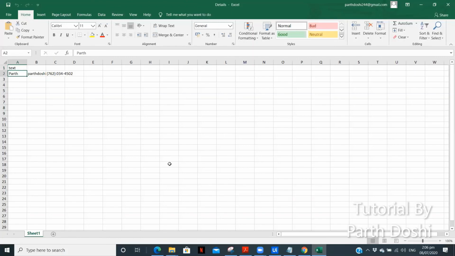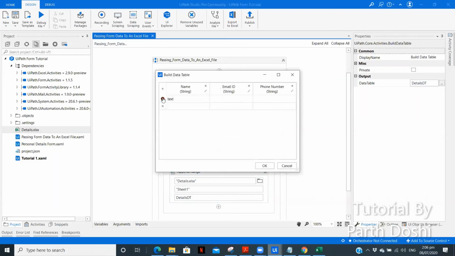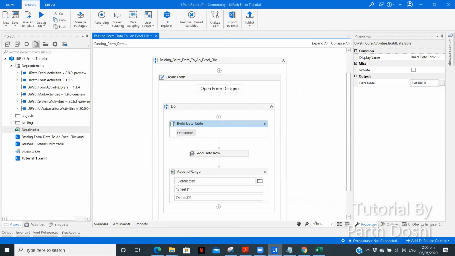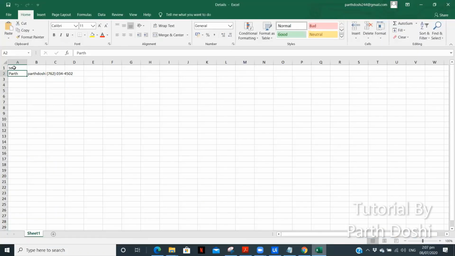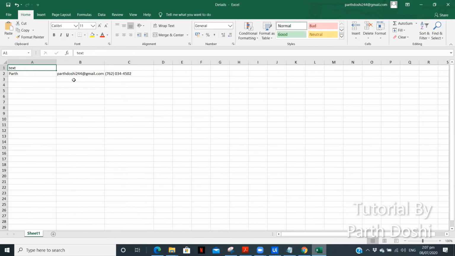Now this text thing which we are seeing is because of one mistake I made over here. I need to delete this. Okay, so if we delete that, we won't get that particular. But as you can see, we were able to extract all the details from the form. So let us change this and make them as header. Name, email, phone number.